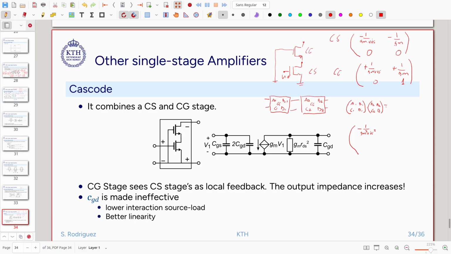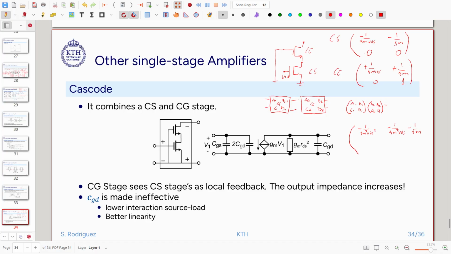It will be multiplied, we will use this row and this column, and that will be minus 1 over gm square rds and minus 1 over gm,